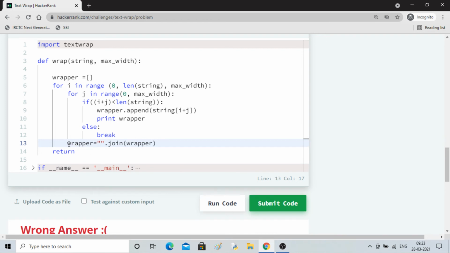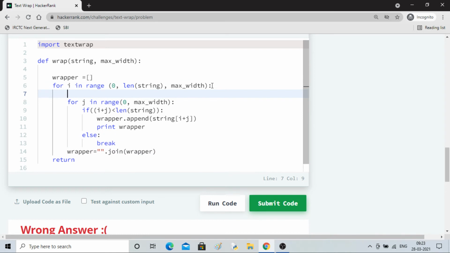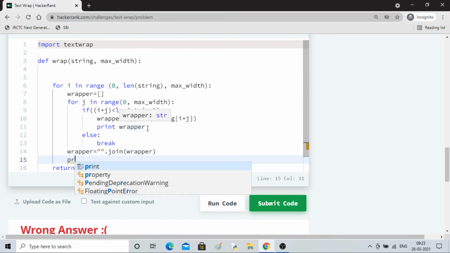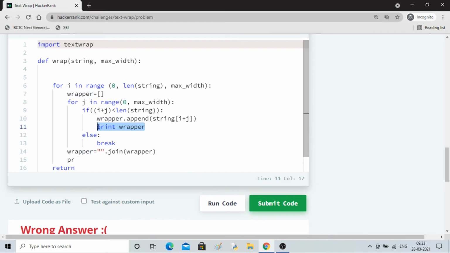So all the variables will now be combined, and here I'll reinitialize. I don't think this one is required. And just so you can see the difference, I'll print wrapper, the same thing.